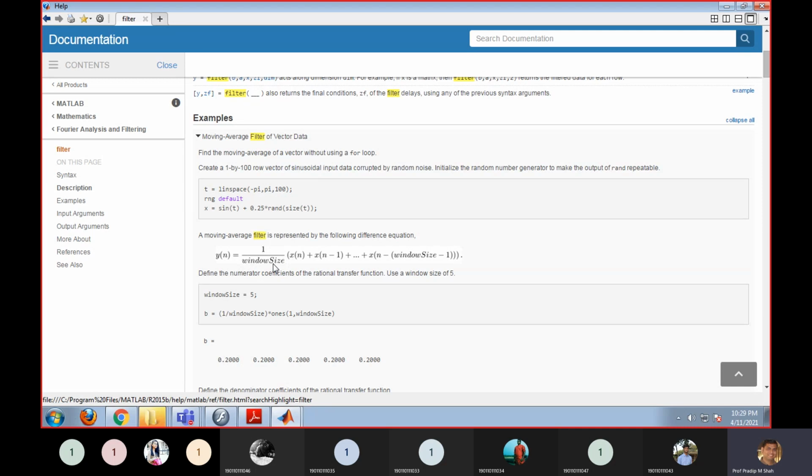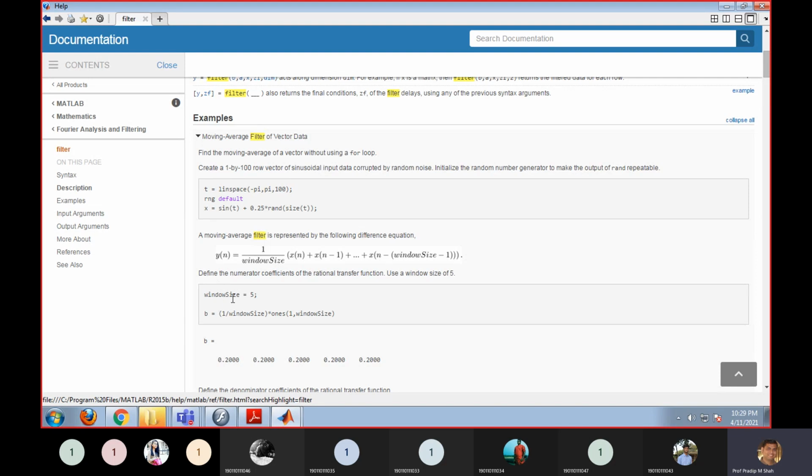You must be aware that when we take the average of 1 to 5, we take the addition of 1 plus 2 plus 3 plus 4 plus 5 and divide by the total size, which is 5. Is it right? Do you understand? Yes sir. So the same thing is here. We are taking a summation in the numerator, and in the denominator we are dividing by the size.